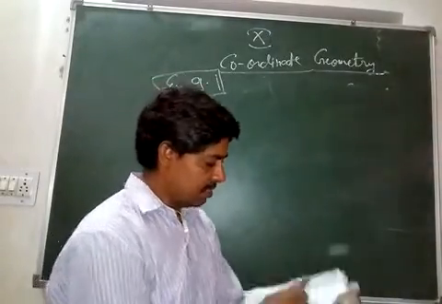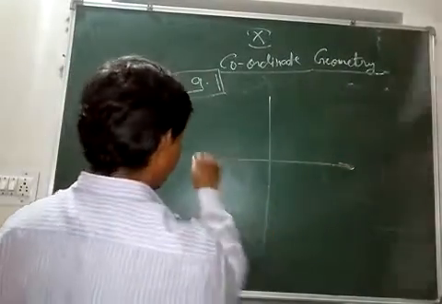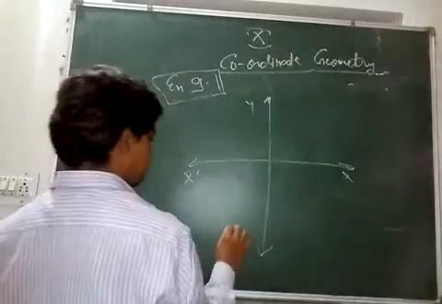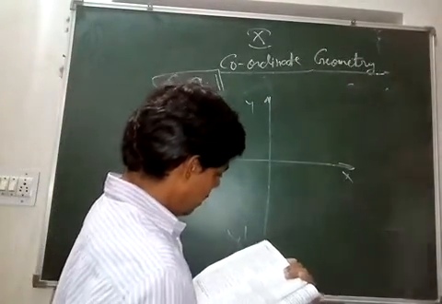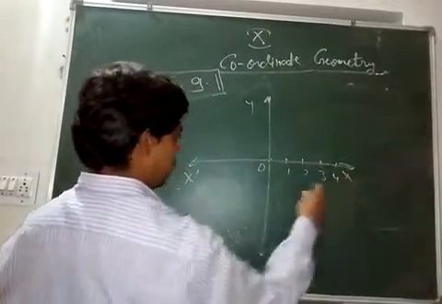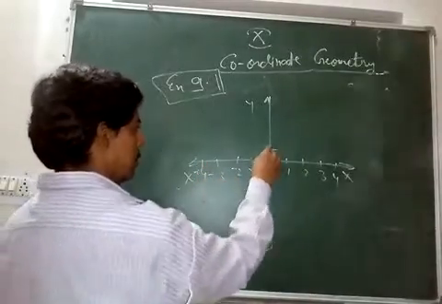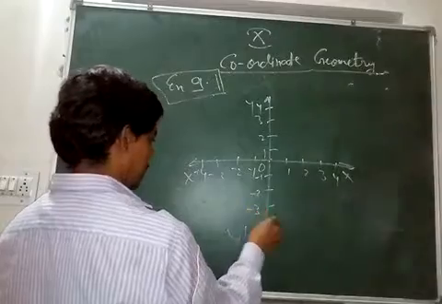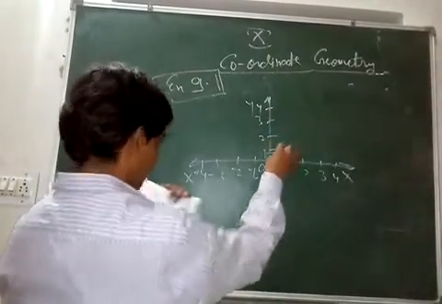So simple, class 9th, you have also done it like this. Suppose this is the x-axis. Okay. So the x-axis we are writing x dash, y dash, you have to do on the graph sheet. Plot the points whose vertices are 1 1. So let me write 0 1 2 3 4, minus 1 minus 2 minus 3 minus 4, 1 2 3 4, minus 1 minus 2 minus 3 minus 4. Okay. So the point is 1 1. Where is 1 1? This one.